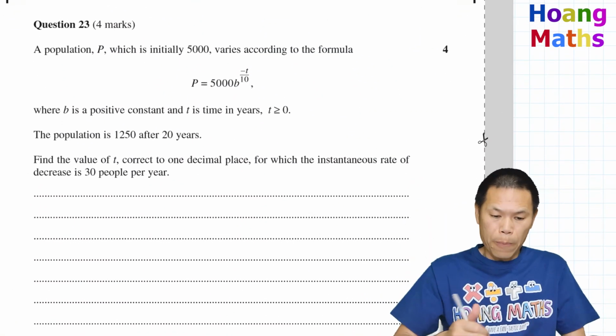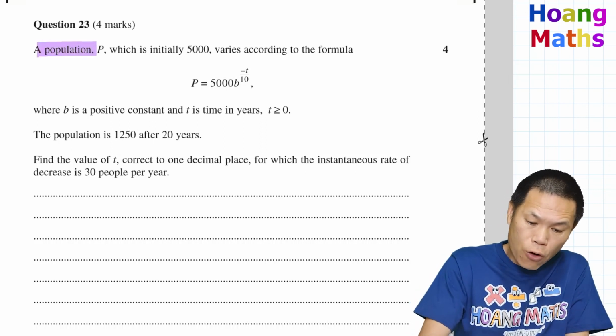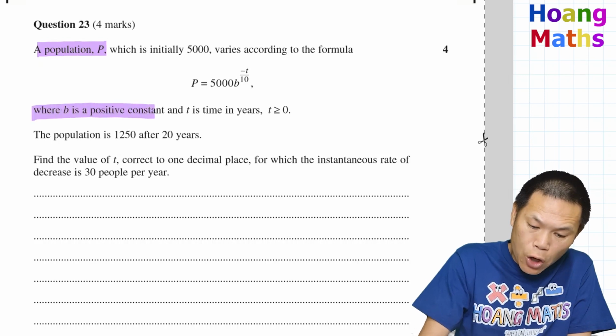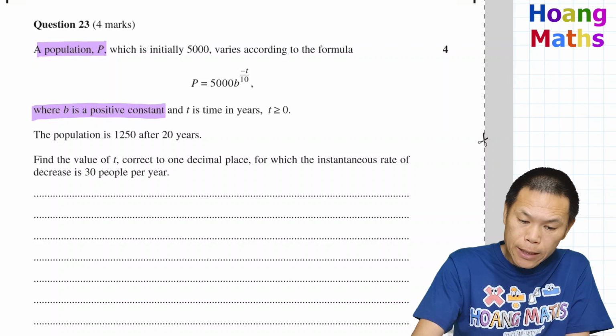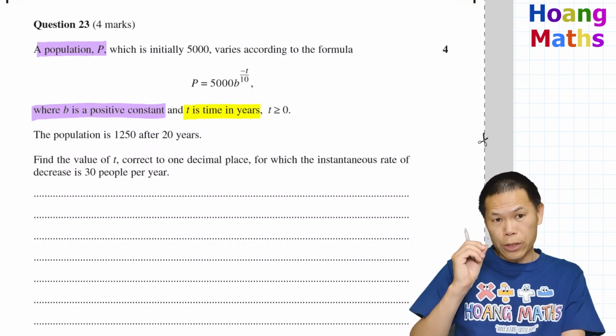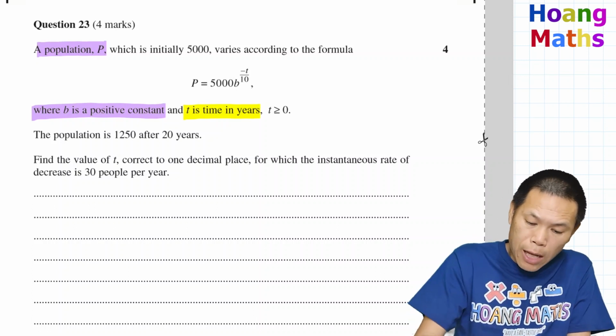Question 23. So first of all, we know that P is for populations and B is a positive constant, a positive number if you like, and T is the time in years. So that's what we need to understand first of all. So we know that the populations is